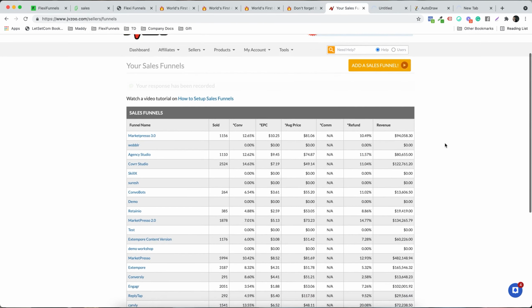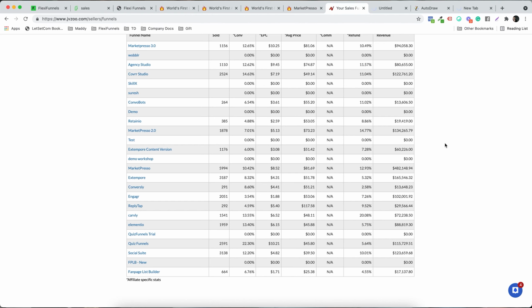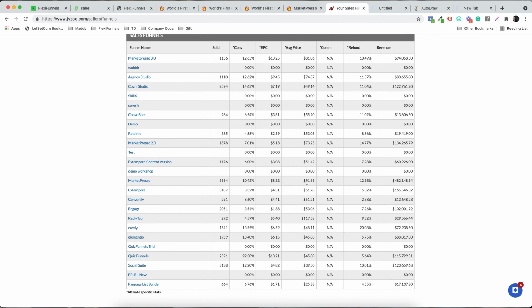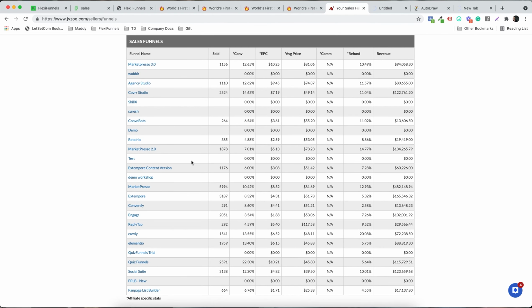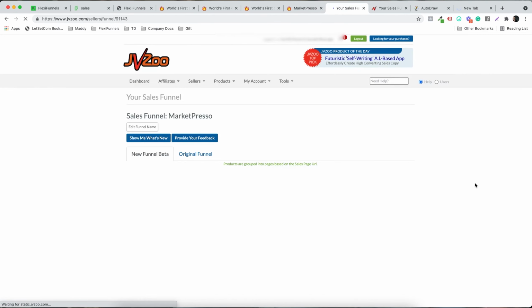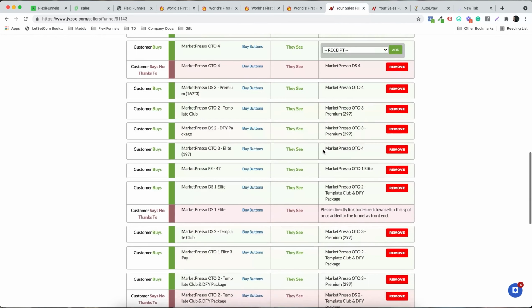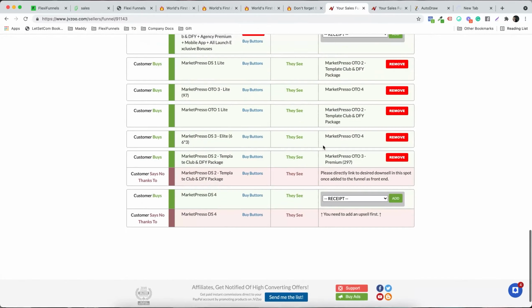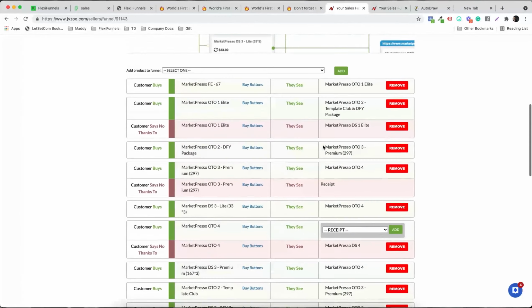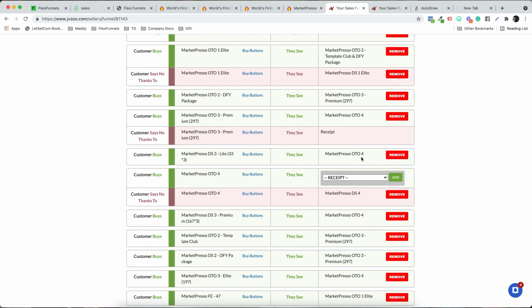Okay, so I have the sales funnel over here, and just in case I want to show you where is Marketperson 1.0, this one. So have a look at this. We have these big size funnels. Do you see the entire logic that I just showed you? So DS3 we have OTO4, OTO4 we have thank you,